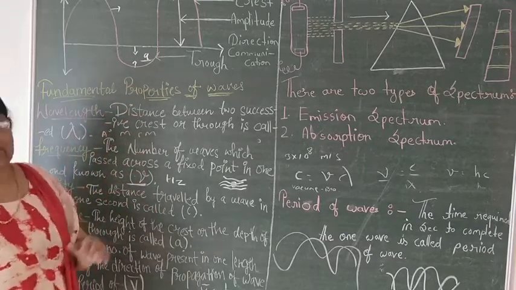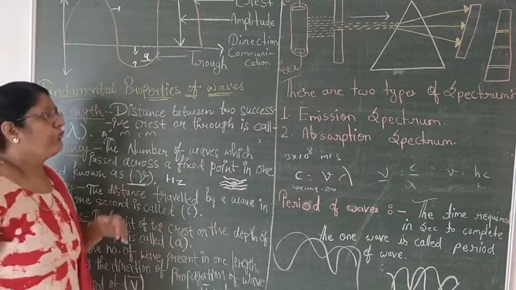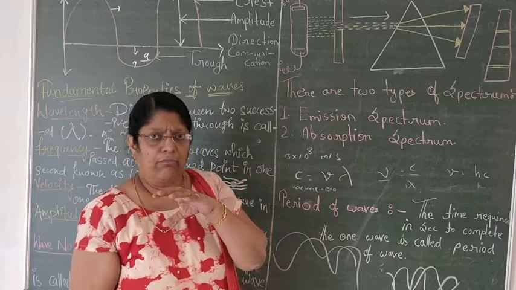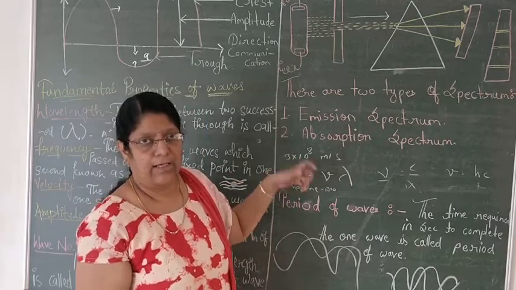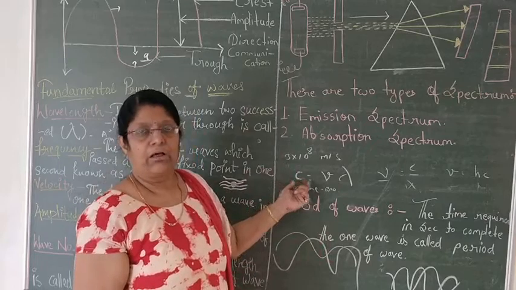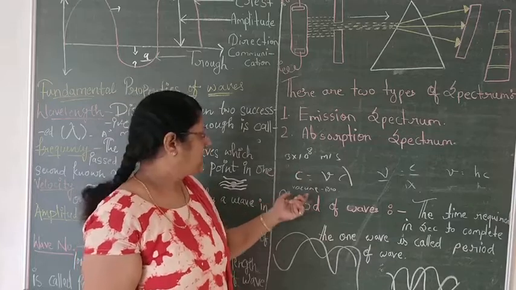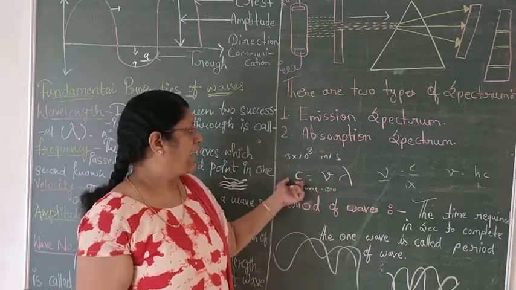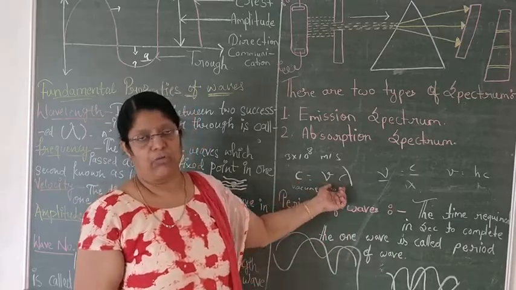Now, light definitely travels in vacuum also, and it propagates in vacuum also. So when we count the speed of light in vacuum, it always comes to 3 into 10 to the power 8, which is the velocity of light. The electromagnetic wave speed is also the speed of light, represented by c. Nu is frequency, lambda is wavelength. So velocity of light is equal to frequency into wavelength.